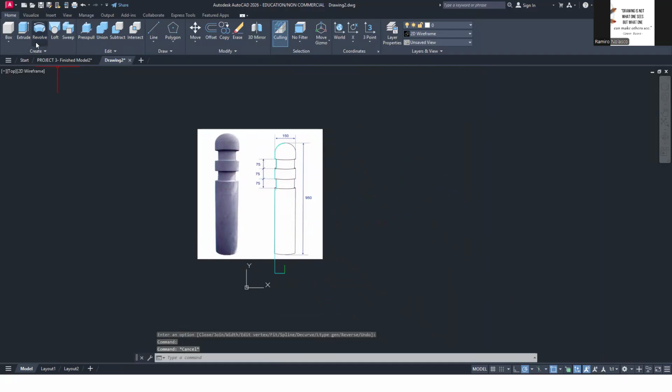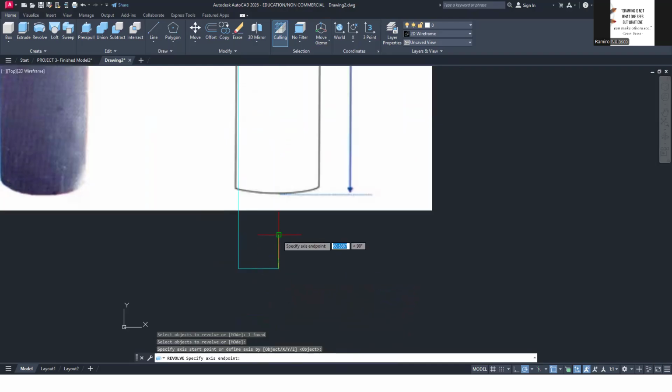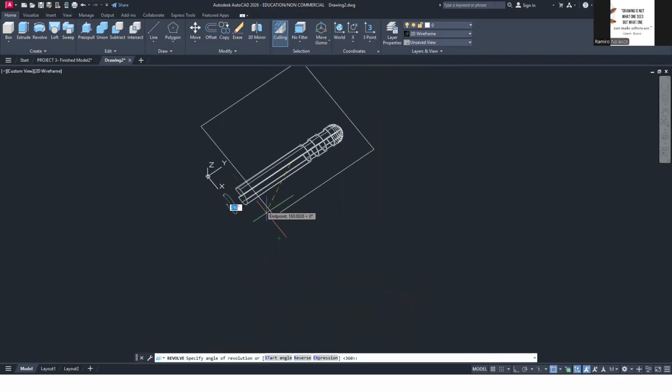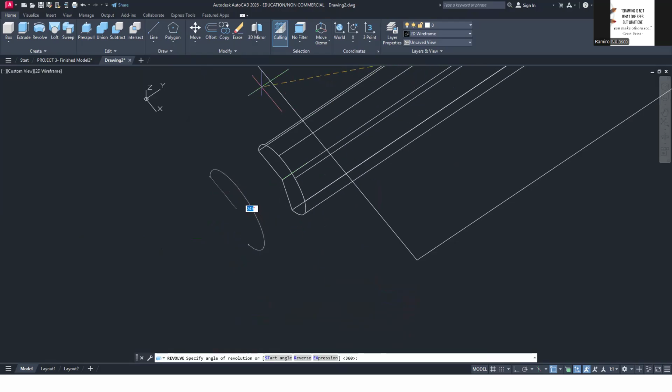Okay. Now we're ready to do the revolve command. So I click revolve and it's asking me to select the object to revolve. So that will be the profile. Enter. And then it's asking me for the axis. So I'm going to specify this endpoint and that endpoint as the axis of revolution. And then it's going to ask you how many angle should be included in your revolve. So you can create a half or maybe a quarter. Normally we do a 360 degrees